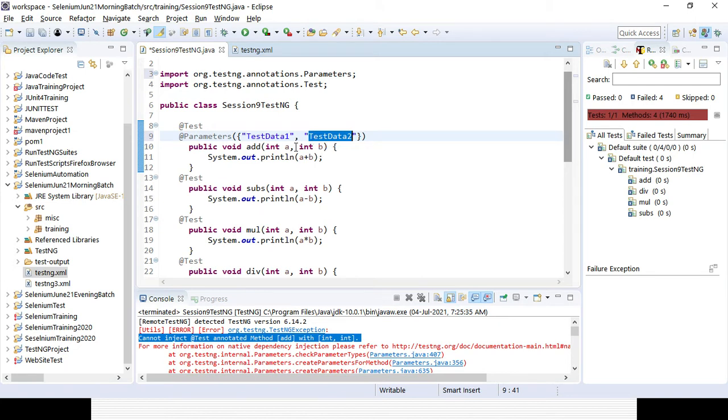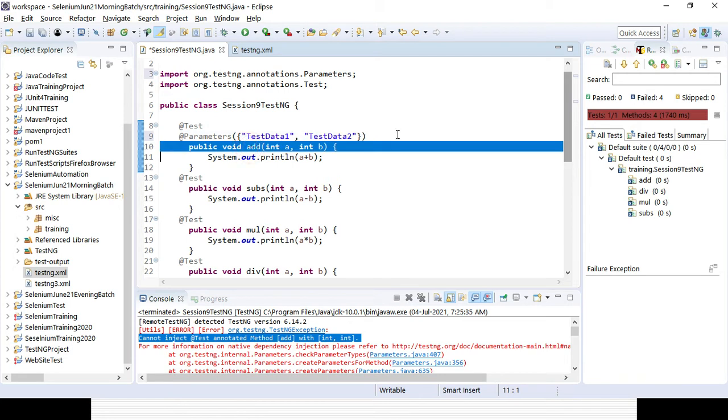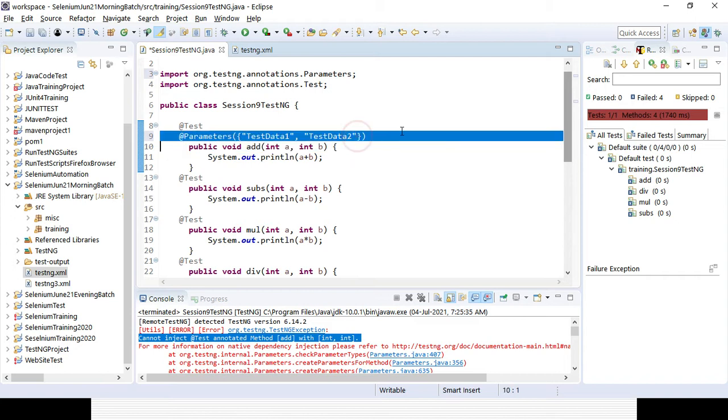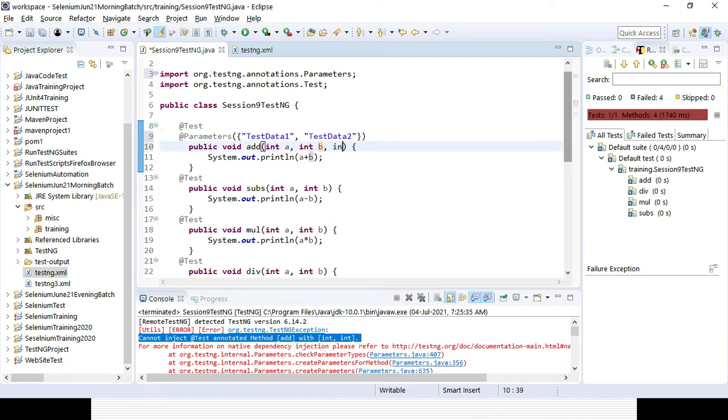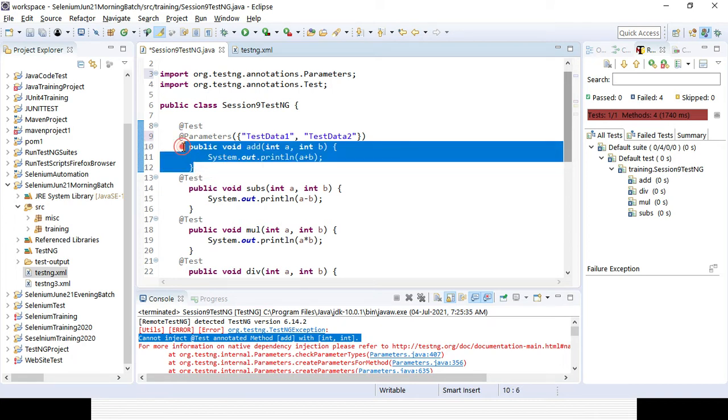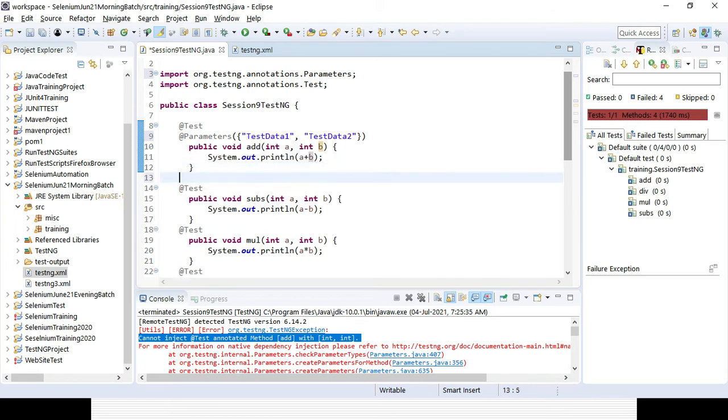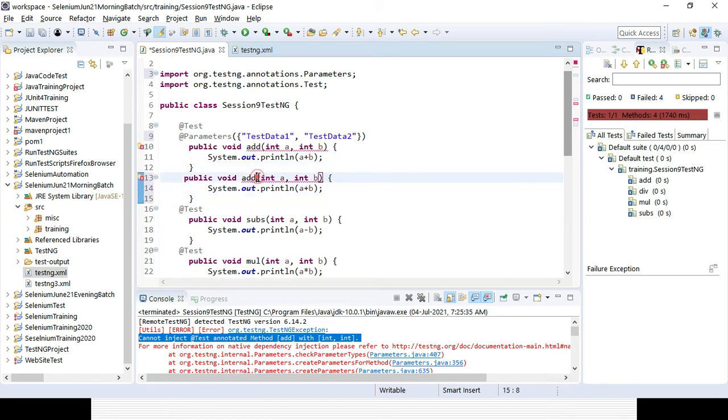Testdata1 will match with integer a and testdata2 will match with integer b. In case you want to add multiple parameters, you can add them as well. Suppose you want to add with three different variables, so you can also pass three. Suppose for the adding part I want to give three parameters. Let's create one more method for the add, called add3, with three variables.